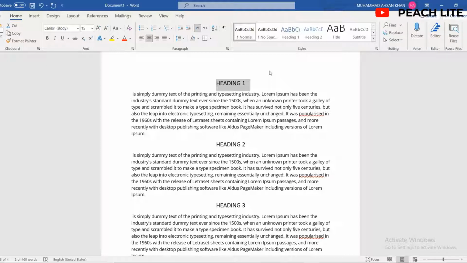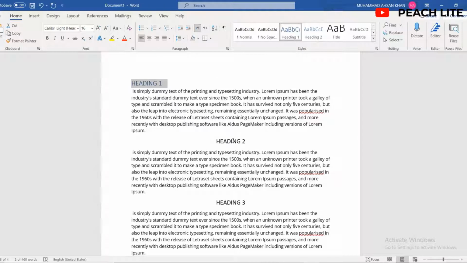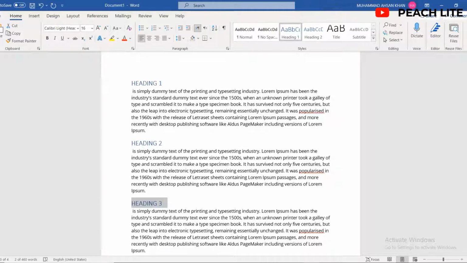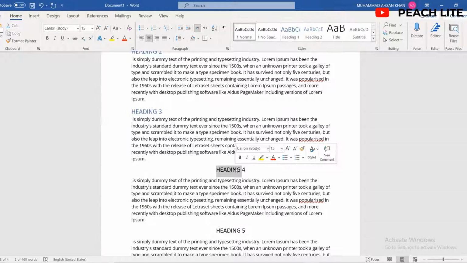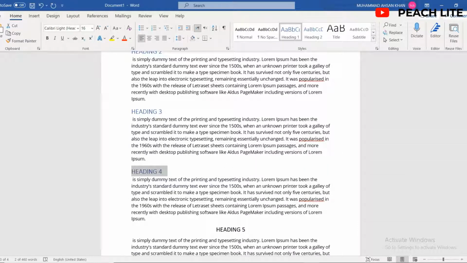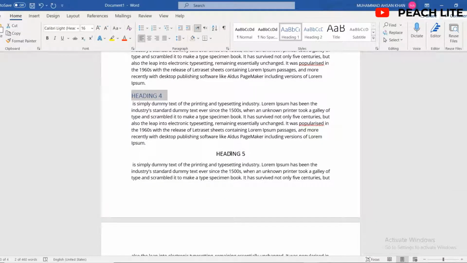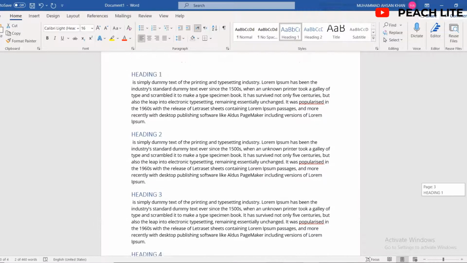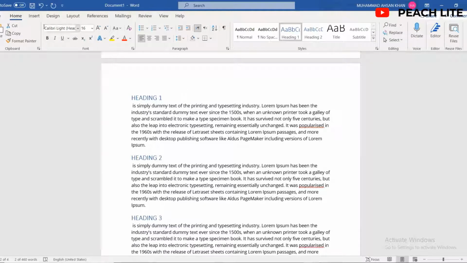So just click on heading number one like this, and do the same for the others. All the headings I selected, I go to the Home tab and apply Heading 1.